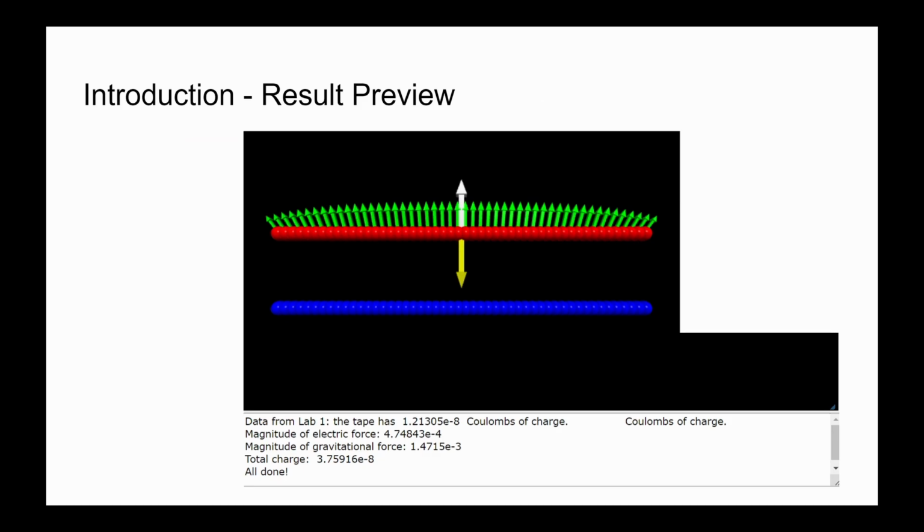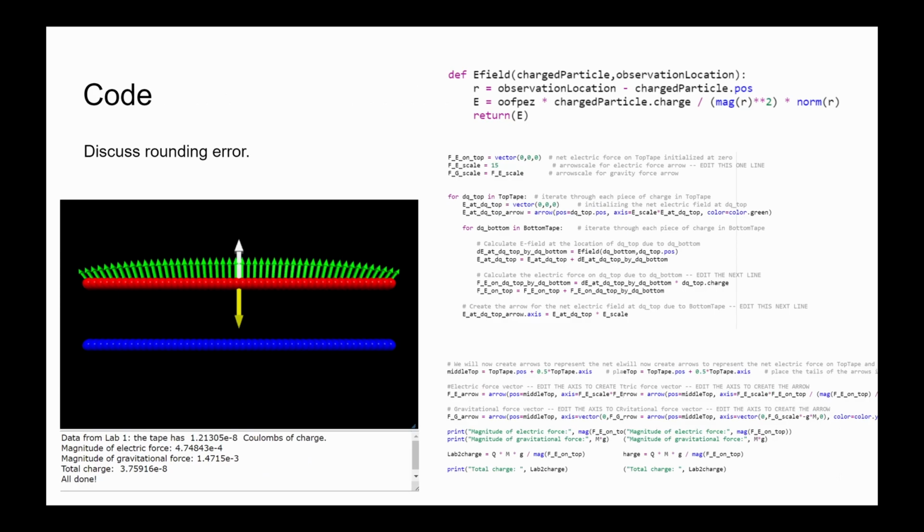So here's a preview of the result, right? Here's the model, and then there's a couple of the values. Cool, so there's the code. As you can see, you have the model on the left where you have two lines of charges. Both are negatively charged, and